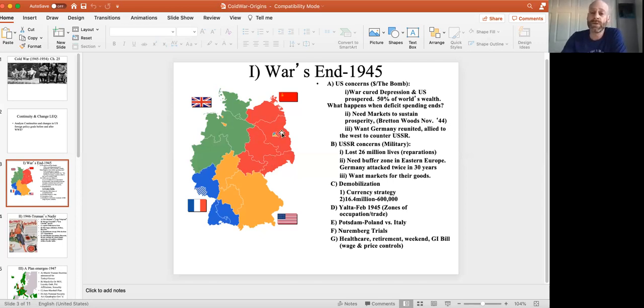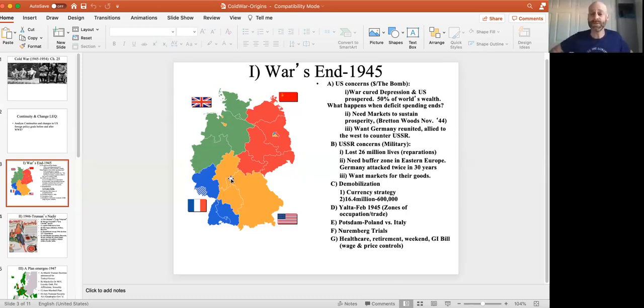They opened the roads and allowed British, French, and American soldiers in that first year of peace to come in and occupy the western half of Berlin. So that's what you're looking at there. It's a very weird political phenomenon, but the western half of Berlin is politically tied to the western half of Germany, even though it's geographically separated. That would become a very weird and bizarre phenomenon going forward.